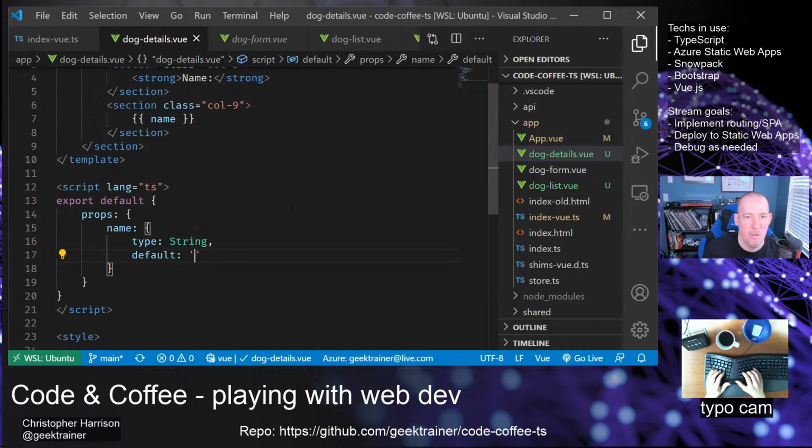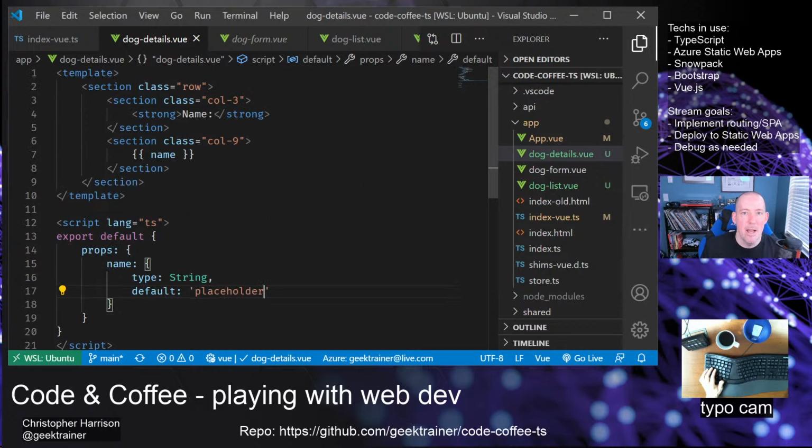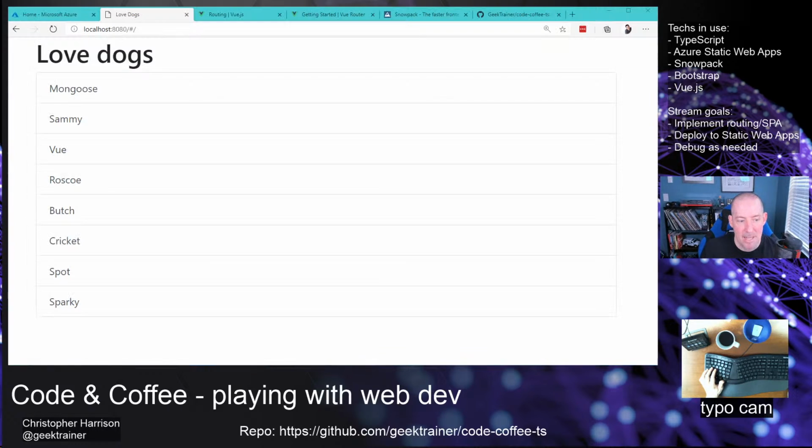And you know what I'm going to do for the placeholder is I'm just going to type in placeholder, so that way we can see that. So this is now eventually what's going to get displayed. Now, what's really neat here is I can then build up a link here to that